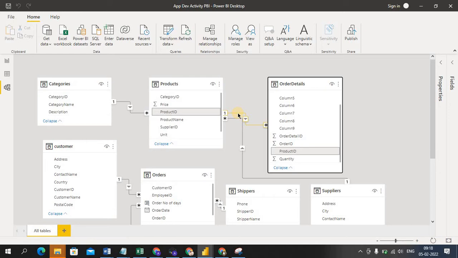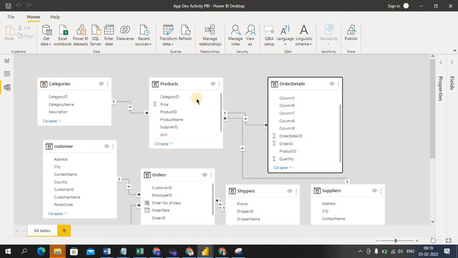Okay, so from these two tables, what is the relationship here? One to many, right? This product is one, this order details is many. Like I am ordering one product online, the same way the same product can be ordered by other people, other customers also. So this product is one, and this order details, they'll get so many orders on the same product, right? In online or stores somewhere else. So like that, you can see the relationship here is one to many between these two tables.